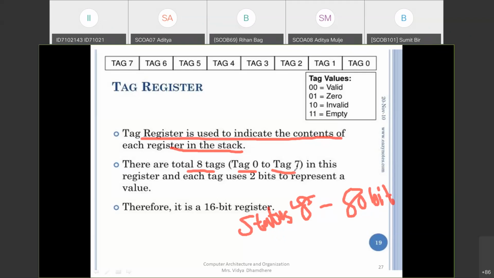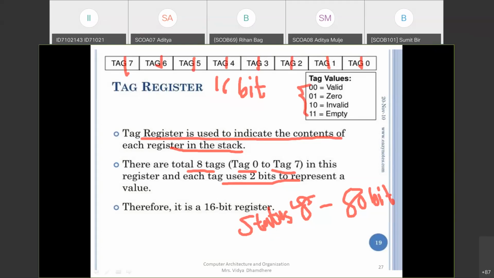In total there are 8 tag registers, and each tag register has the capacity to use 2 bits to represent a value. That means the total tag register has a capacity of 16 bits.